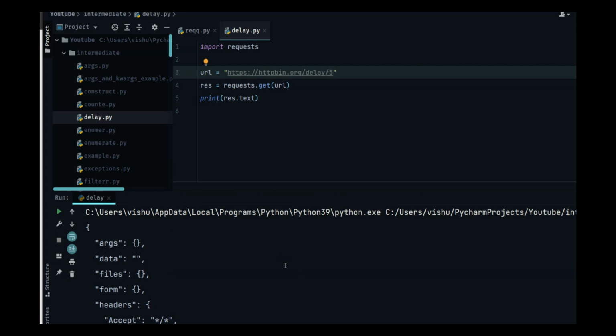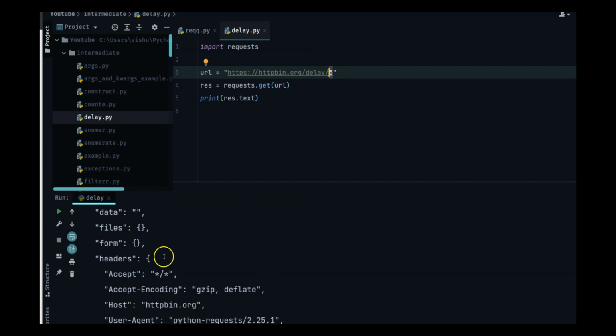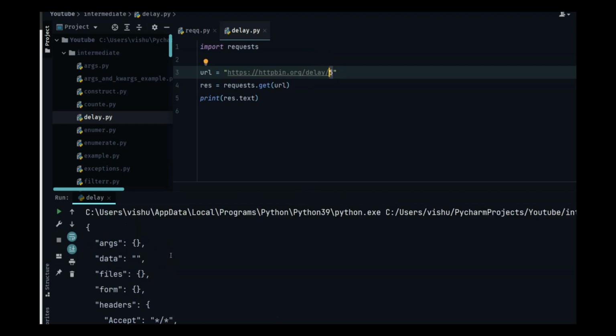There are tools right now in AWS and Google Cloud that would do this for you. But if you want to write your own monitoring tool just to send you an alert when your website goes down, you can use the delay function and add in something like 10 seconds. So for 5, it does not return anything because we didn't tell it to do something. We're just delaying the request.